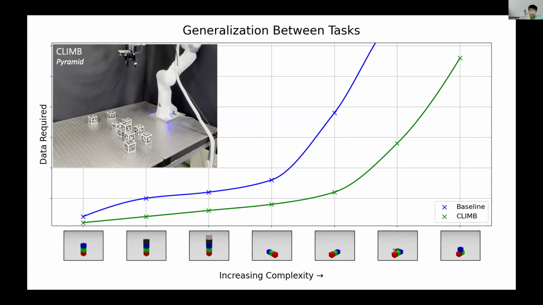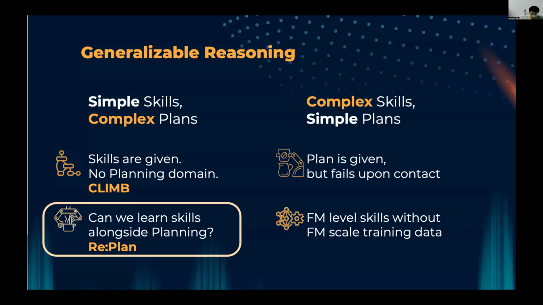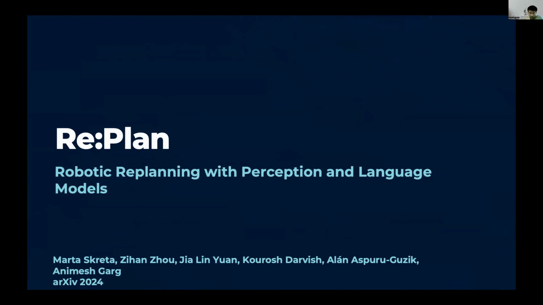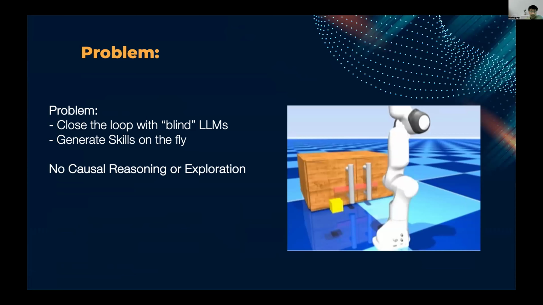Now, this world model can be thought of as an explicit memory. In this case, it's an explicit world model that allows you to do verifiable planning. Now, let's assume that skills are also supposed to be learned while you are doing planning. So you're not really given anything, right? In this case, high-level reasoning and low-level planning need to be done simultaneously, but you're not given a lot of priors. In this case, what we do is code generation at the low level,